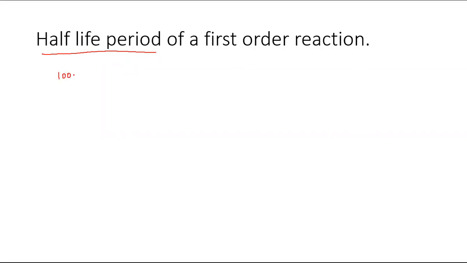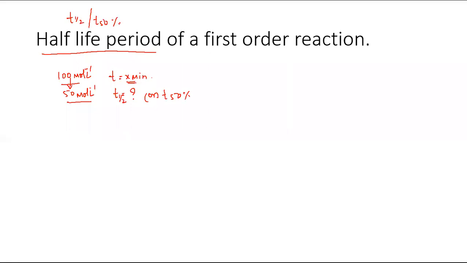Say we have taken 100 moles per liter of the reactant. Say for example it takes x minutes of time. So the 100 becomes exactly half of it, half of 100 is 50, right? How much time is it going to take to convert to 50 moles per liter? So this is called its half-life period, and the time taken for exactly half of the initial concentration can be mentioned as T half or T 50%. This is a symbol used to represent the half-life period of the reaction.